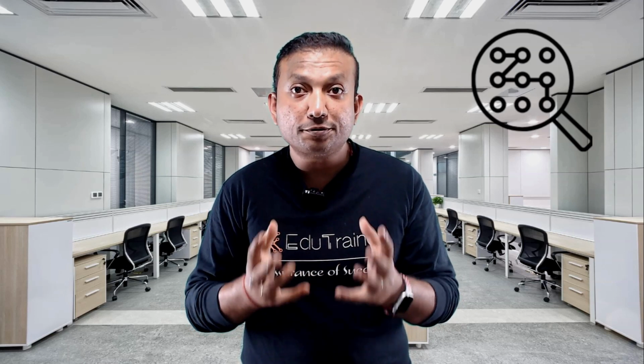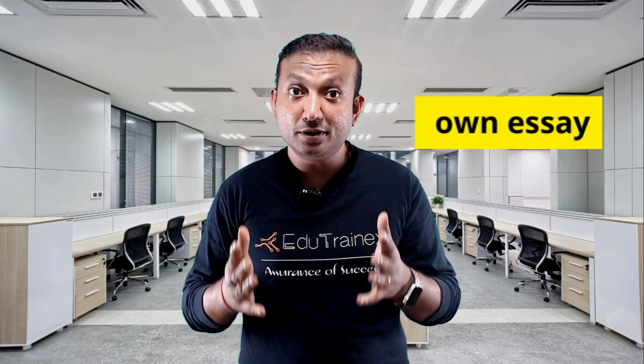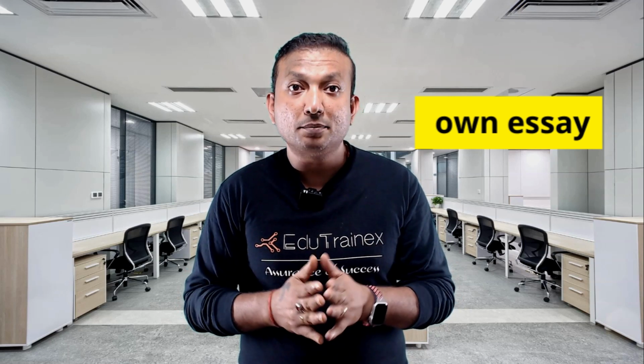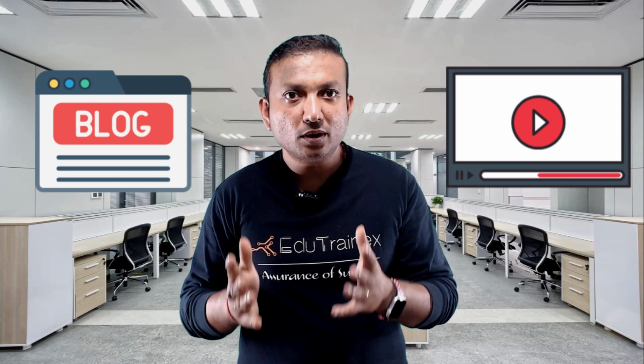The AI has now learned to recognize more original words or phrases written by you and tries to judge your response on how much content is original. The algorithm will give you a great score if you write your own essay, as everything will be original in that, isn't it? But you can still use templates such as what we have shown on our blog or in other videos, which has around 160 words written for you and compels you to write around 50 to 60 words of your own. Using this template, you can easily cross 79 plus scores.